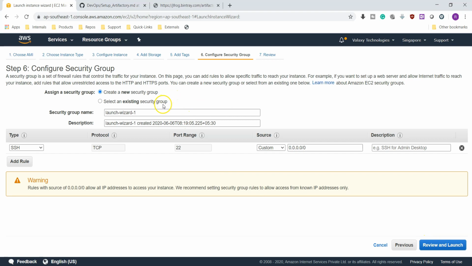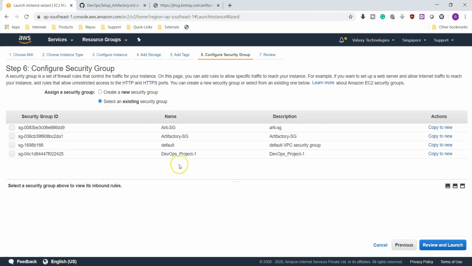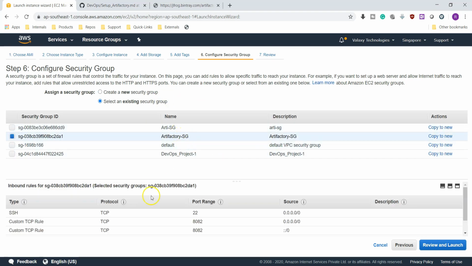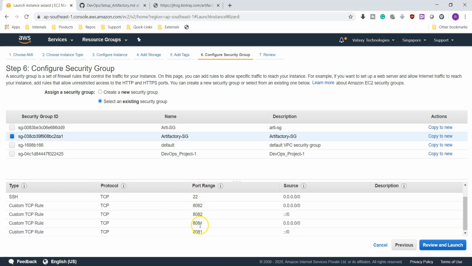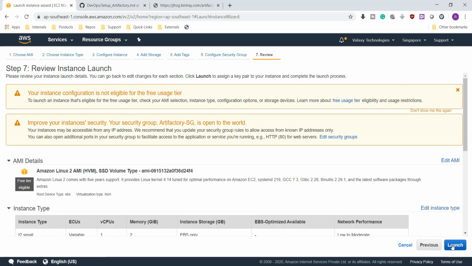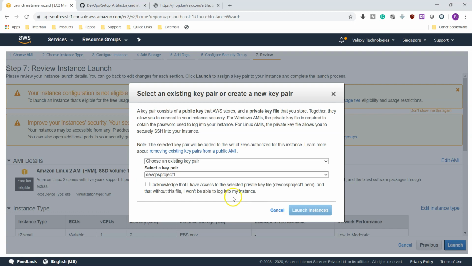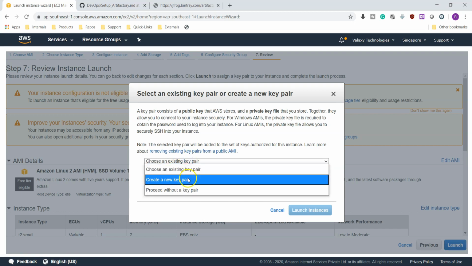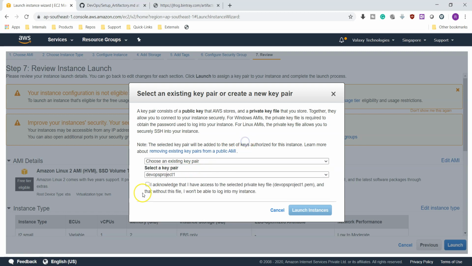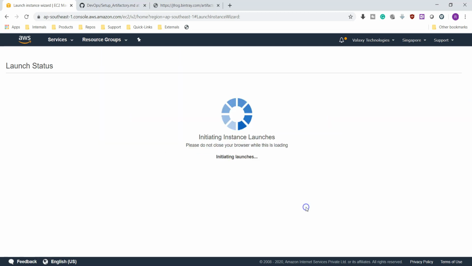For the security group, I have already created one, that is Artifactory SG. Here we have opened ports 22, 8082 and 8081. These three ports are necessary. Review and launch it. I already have a key pair that I downloaded, so I'm choosing an existing key pair. If you don't have any key pair, you can choose the option create new key pair, and launch instance.